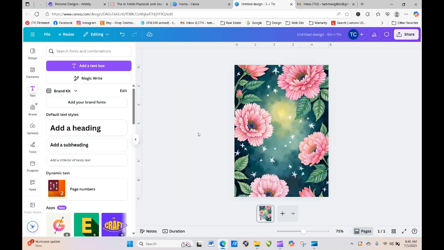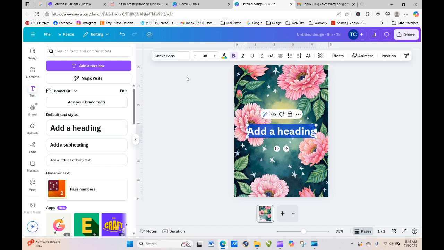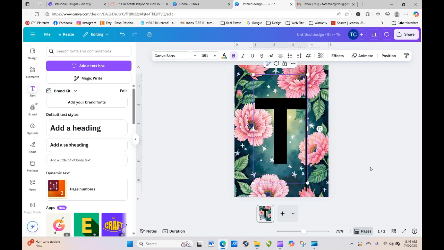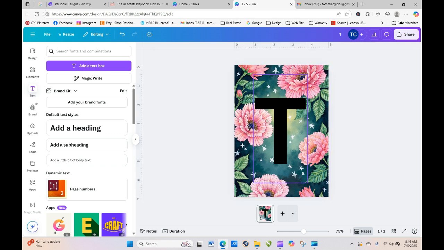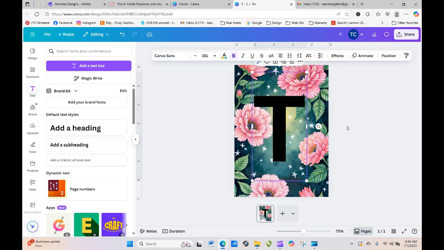You can go into the text, and we're just going to say my initial is a T. So I'm just going to do a T. And then this is how you can go in and you could create a note card pack that could